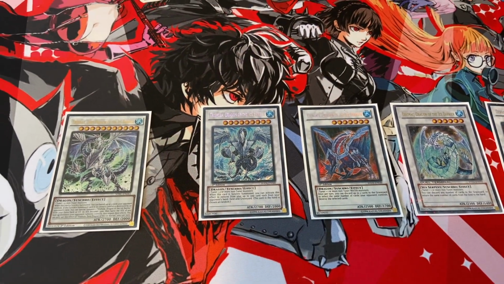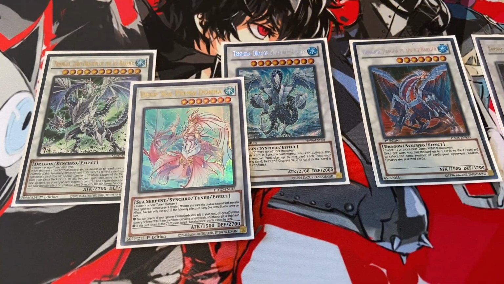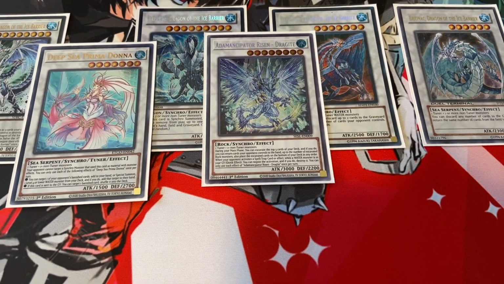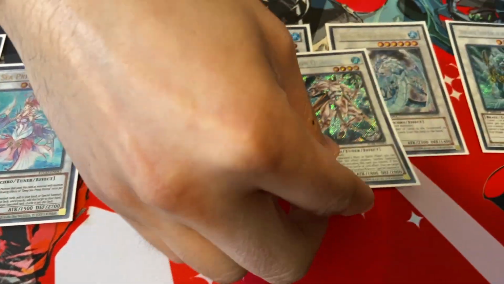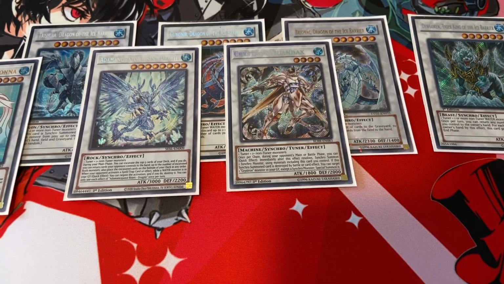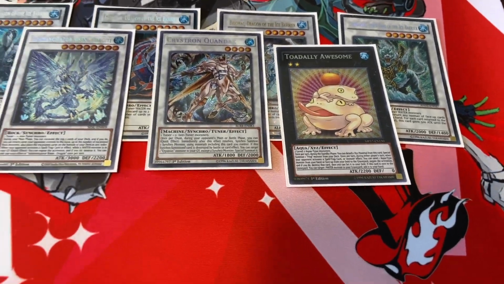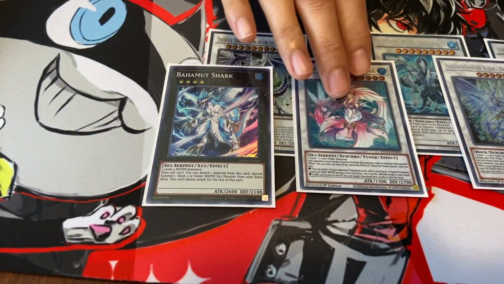And then we're also running Deep Sea Prima Donna, 1 Adamant Pair Risen Dragon, 1 Crystron Quandax, and then of course we can't have the frog lineup without Totally Awesome, and we have 1 Bahamut Shark,